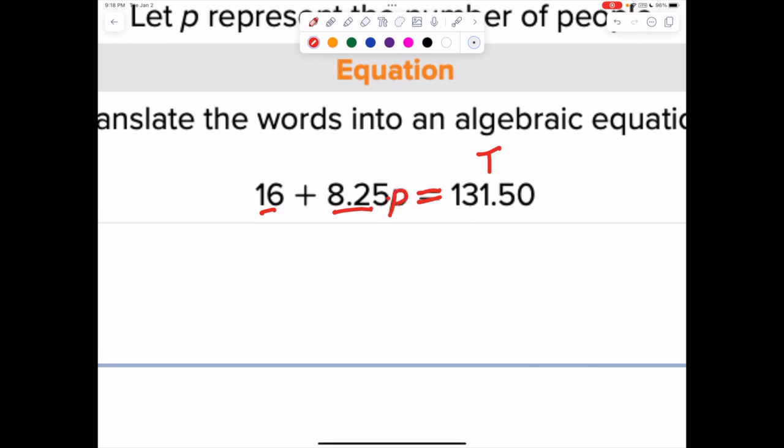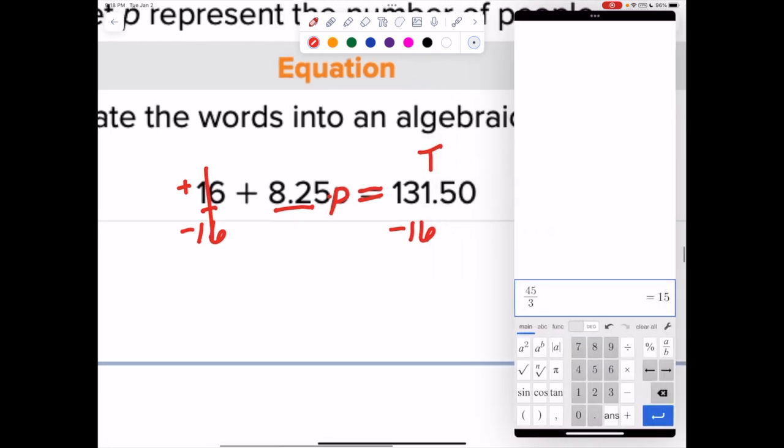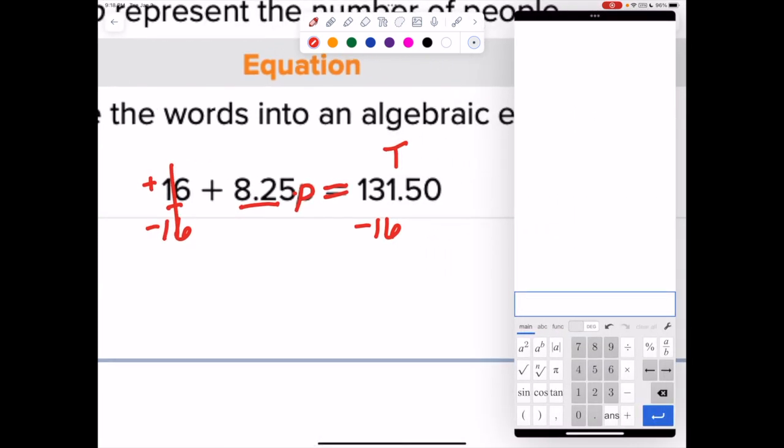So let's go ahead and solve this out. So instead of this positive 16, we have subtract 16 to both sides, cross that out. Okay. We can pull out our calculator here, 131.50 minus 16. And we have on this side, I'm going to draw my separation here, we have $115.50